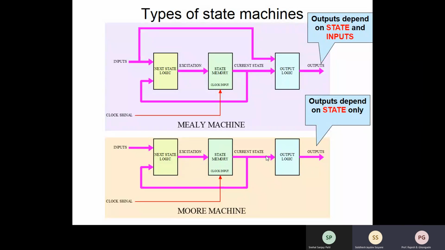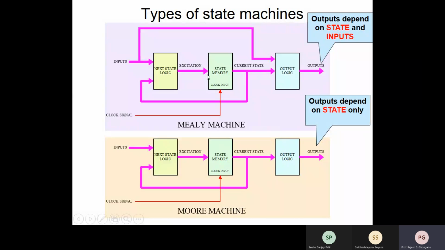Since the input is also considered, the output is a function of input as well as states in a Mealy machine, so it has to be better probably. Well, you cannot have a single crisp answer like that. It depends on the application. Obviously, the output in a Moore machine is also dependent on inputs, no? Indirectly. Yes, it does. The current state is generated based on the inputs. But here,